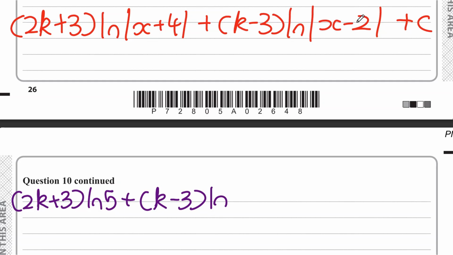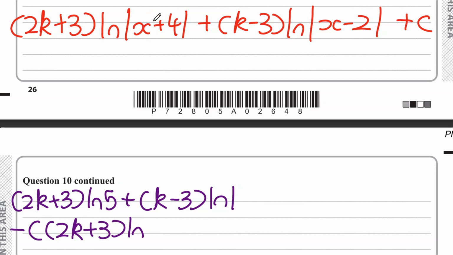log of, if we sub in 1 here, it's going to be 1 minus 2, so it's going to be minus 1, but it's the modulus of minus 1, so it's going to be 1. So this is going to be the natural log of 1, and then this is going to be minus, and then this 2k plus 3, and then the natural log, and if we sub in minus 3 into this here,